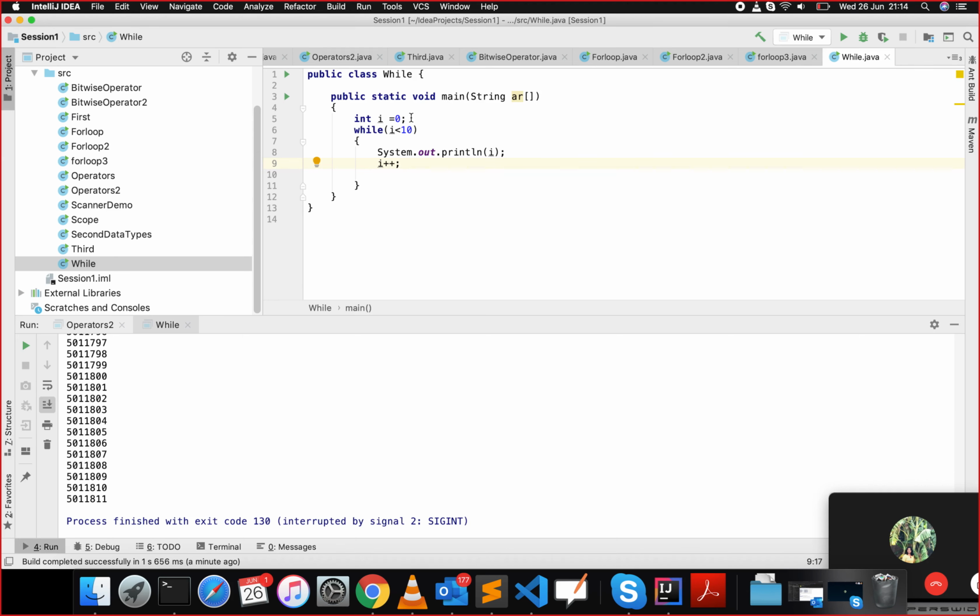all you have to do is something like this. Let's make flag equal to true first. Now, whatever the flag is,